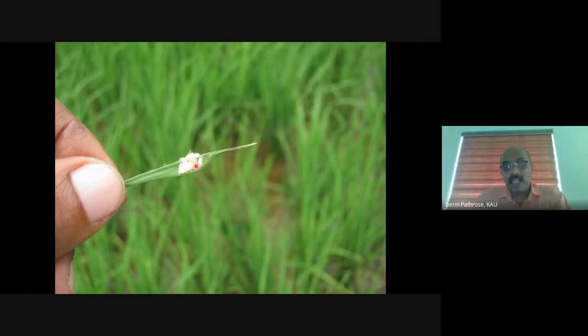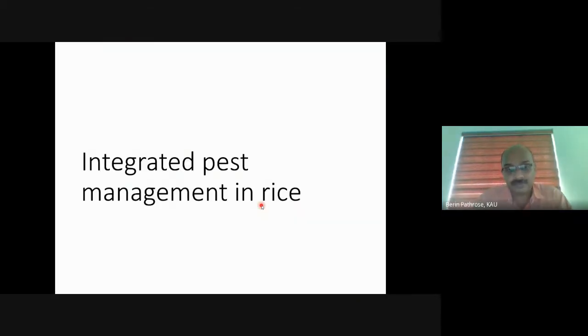I think you know how a larval parasitoid works. These larval parasitoids insert their eggs into the larvae. Here the Apanteles laid its eggs into the leaf folder larvae. The Apanteles eggs hatch inside the body of the leaf folder larvae. The Apanteles grubs feed on the body contents of the leaf folder larvae, kill the larvae and pupate. Whatever you see is the pupae of the parasitoid Apanteles. Very common in paddy fields, but the only thing is that you don't have to spray any pesticide. If you spray pesticide, the population decreases drastically.